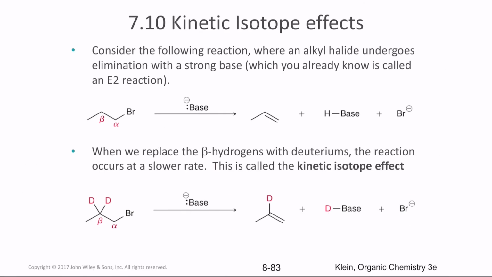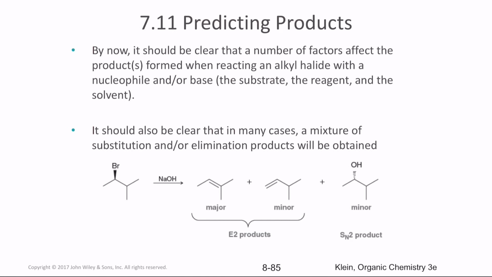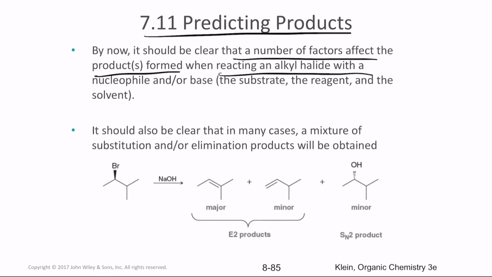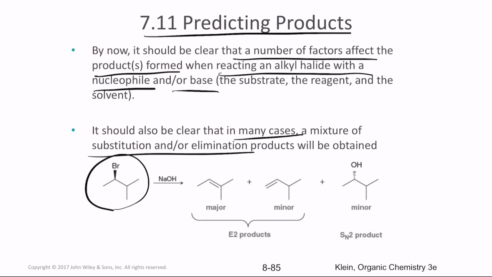So this is the idea behind the reaction. So next, let's talk about predicting the product. When you look at a reaction, we have all the factors. When you have an alkyl halide reacting with a nucleophile or a base, in many cases you can get a mixture of substitution or elimination products. For example, you can get E2 products as well as SN2 products